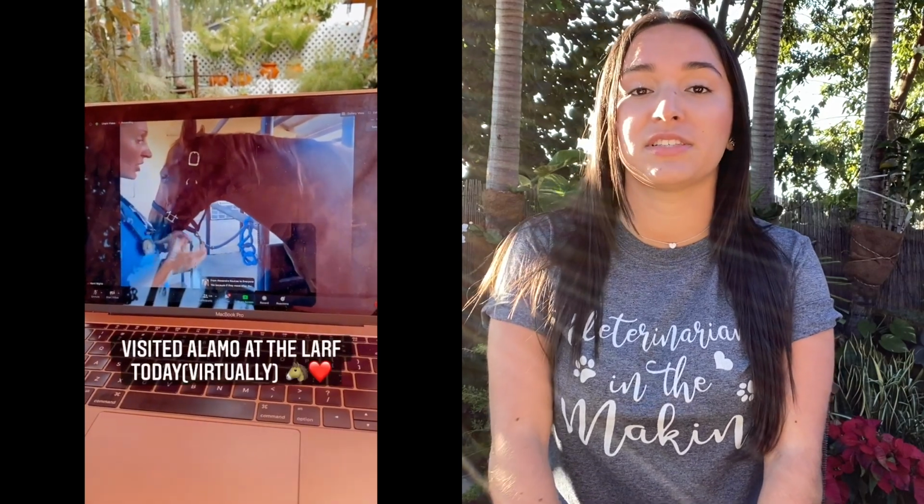And she also did it on a horse, so that was very interesting, seeing a live animal on your screen. Another thing I enjoyed is the fact that classes did overlap. So anatomy and physiology would be two main ones that would overlap, and you'd be able to put all the